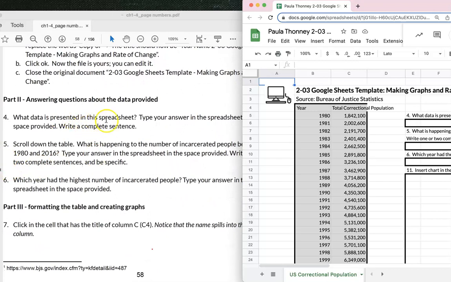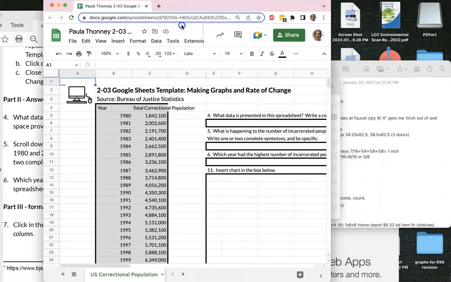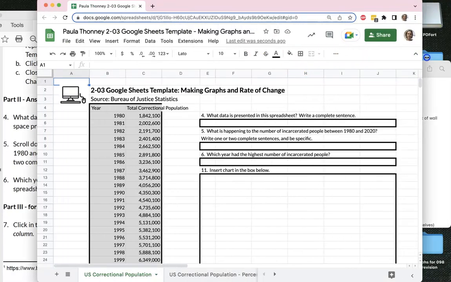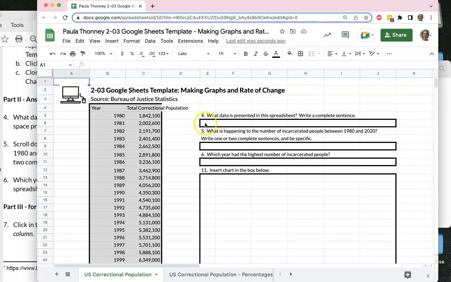Question 4, what data is presented in this spreadsheet? So in this particular computer lab, I created boxes for you to answer the questions. You're going to answer questions 4, 5, 6, and 11, and so on in those boxes provided. And by the way, when you want to answer the question, if you type here, and you say that this is about the correctional population in the United States,